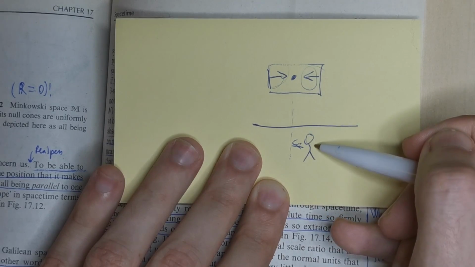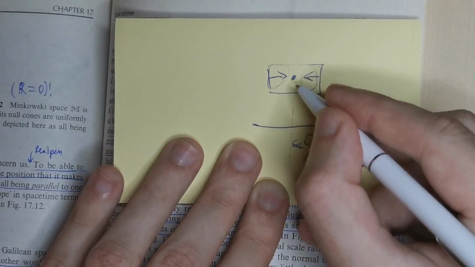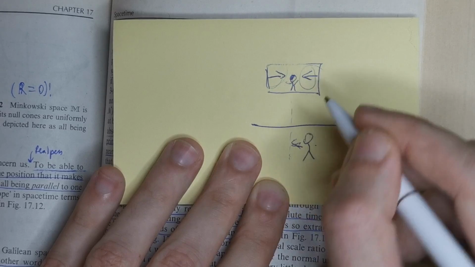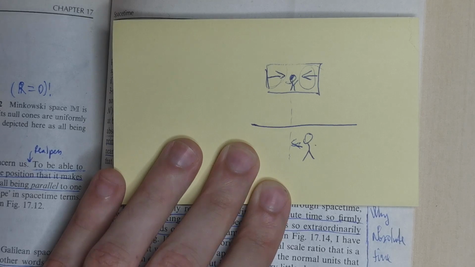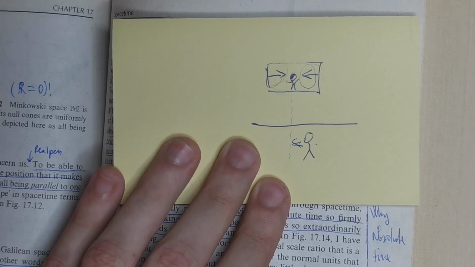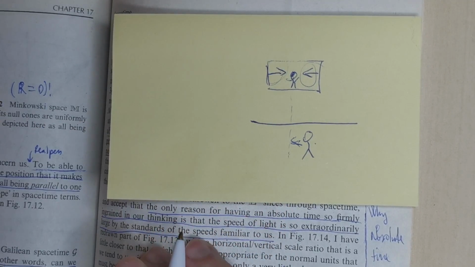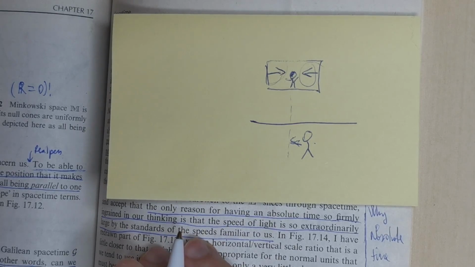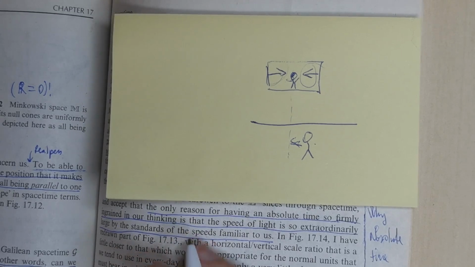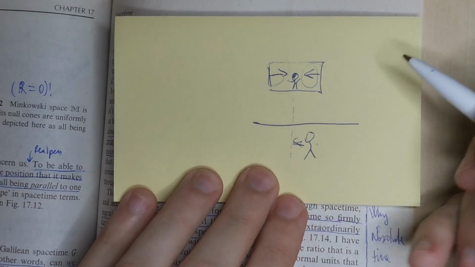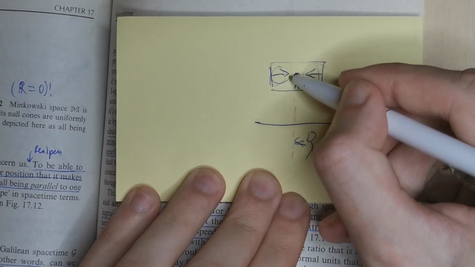Yeah, so the person on the train will see the lights simultaneously because they're equidistant and they were sent off at the same time. They're in the same reference frame. And then the person on the platform, because this train is moving very fast, the signal at the front of the train is moving away from him, and the signal at the back of the train is moving toward him. So because of this, there's going to be a discrepancy between the difference of time when each observer receives a signal. Basically, he will receive this signal faster